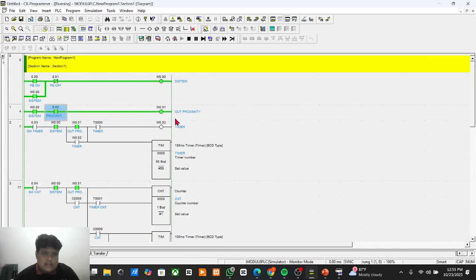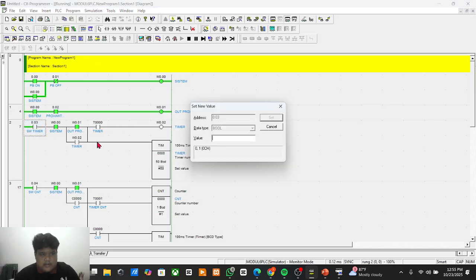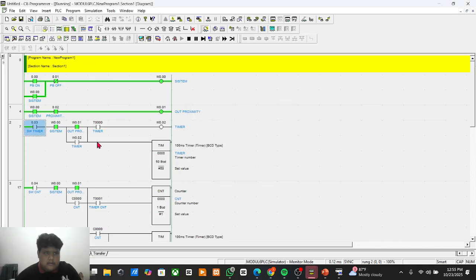The output is on. Here for the timer switch, okay, and the timer is running.